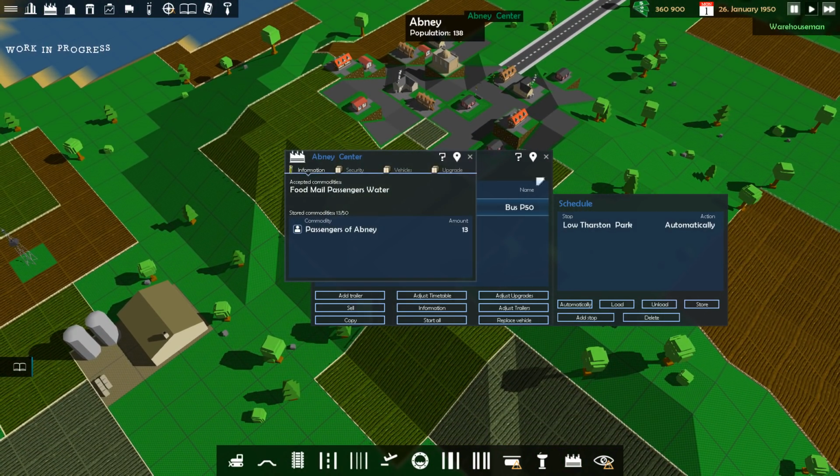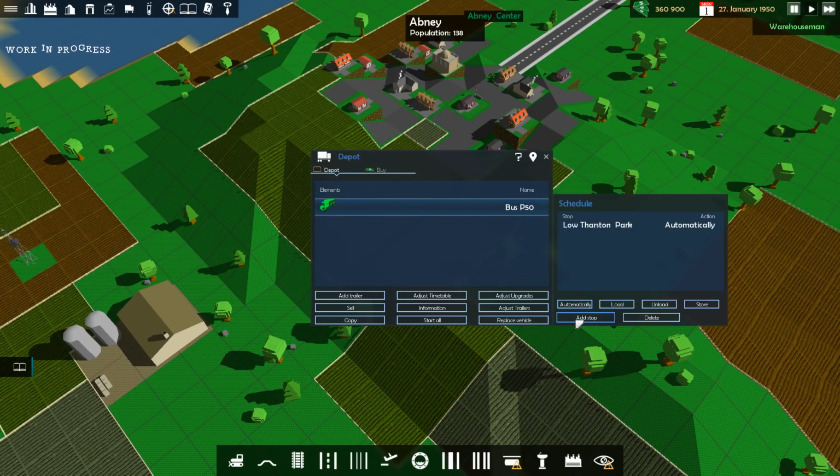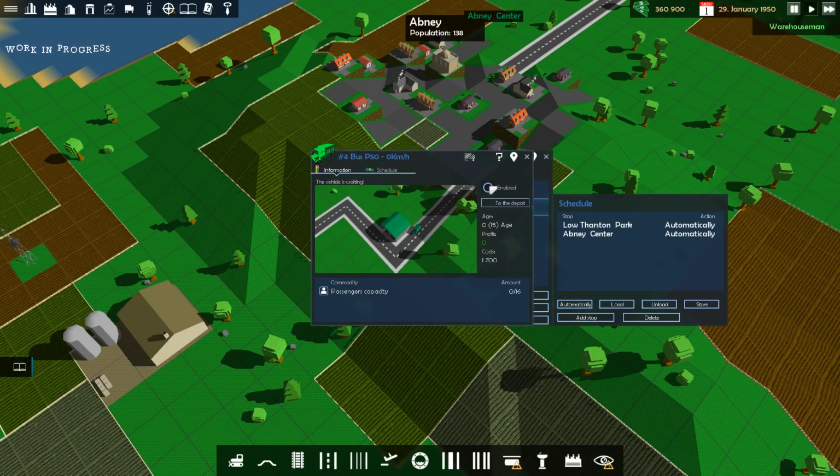Right there. Nope, let's try it again. Why does it do that every time? Does it keep adding stops until I click add stop again? Maybe that's what the problem is. I'm suddenly turning off the adding stop part. And you know what? Let's